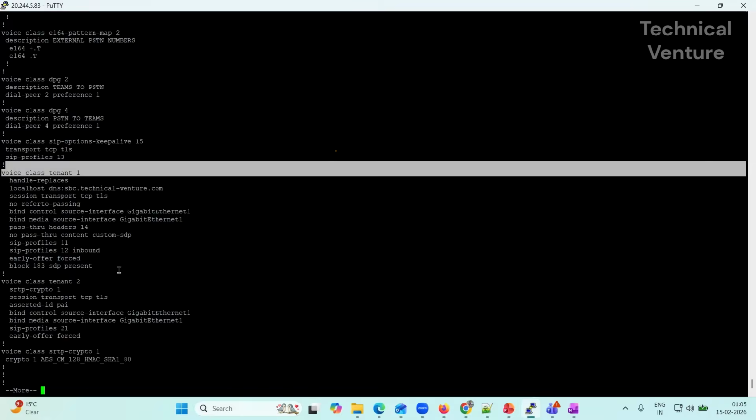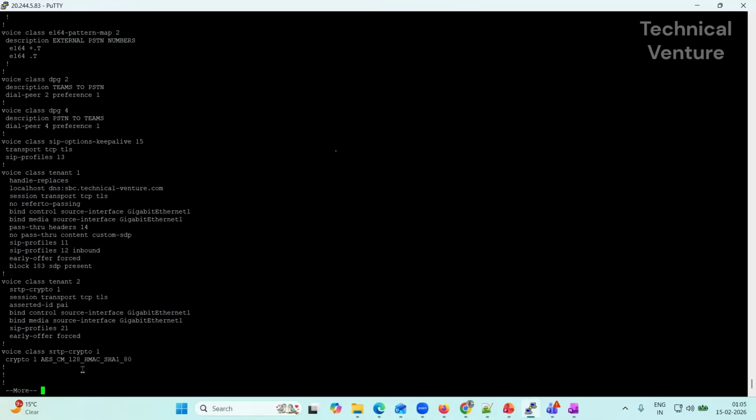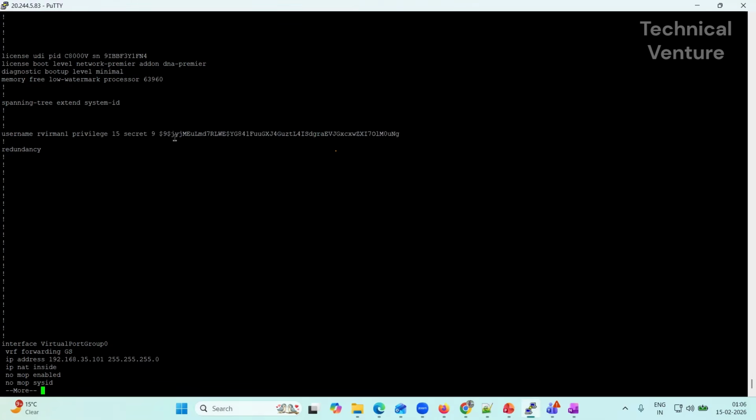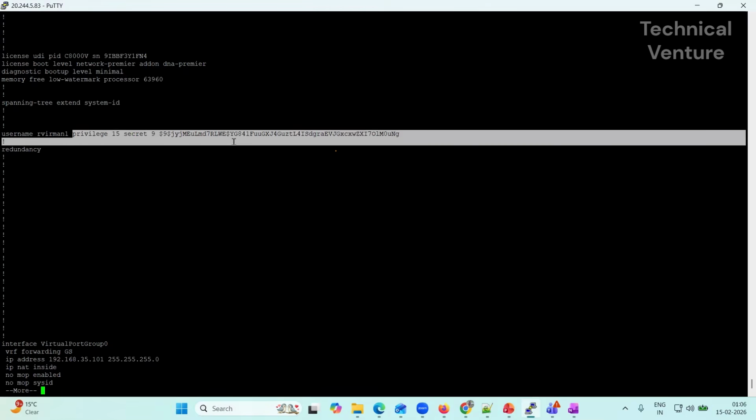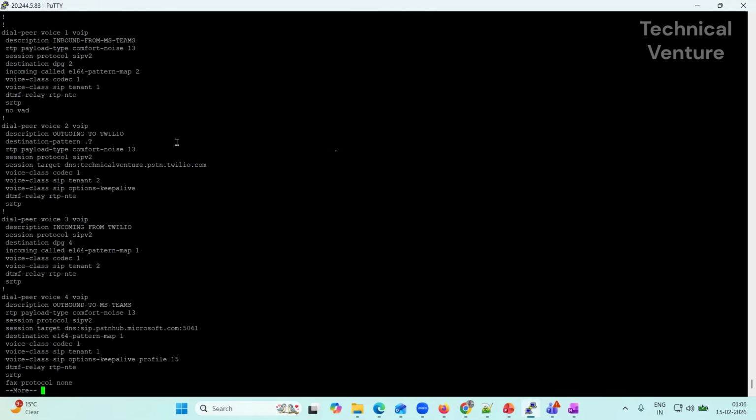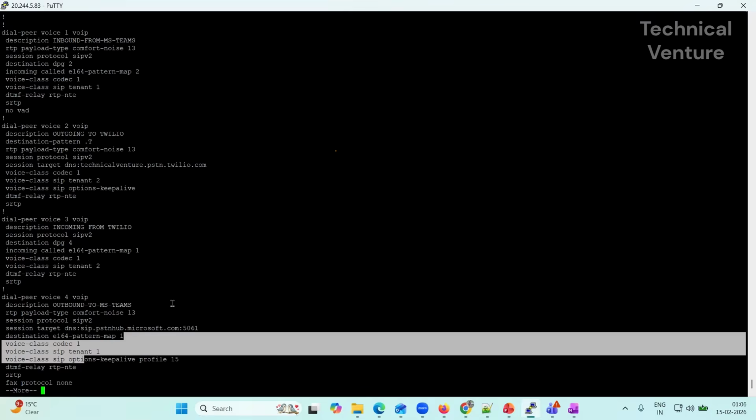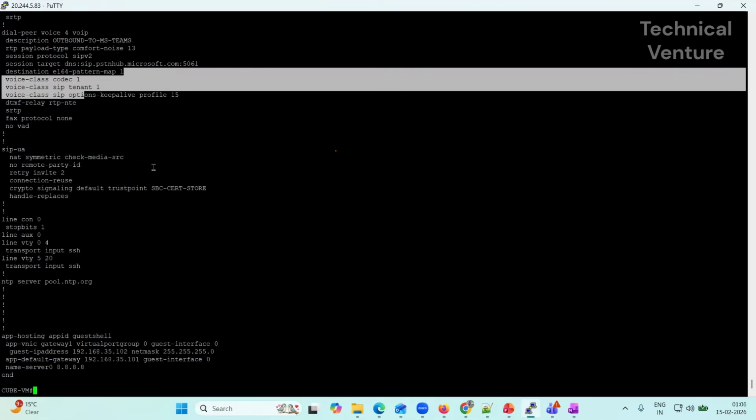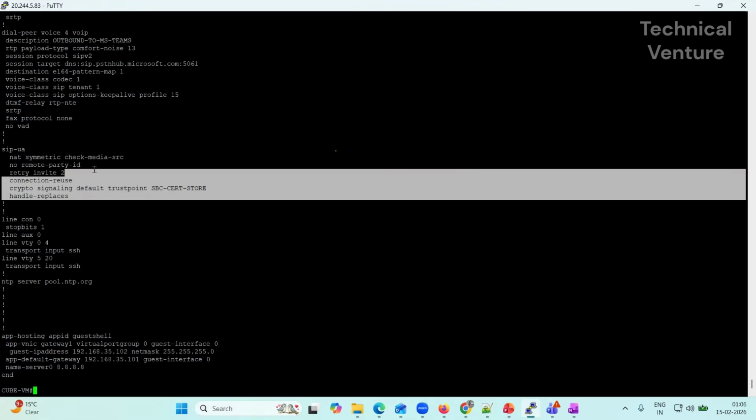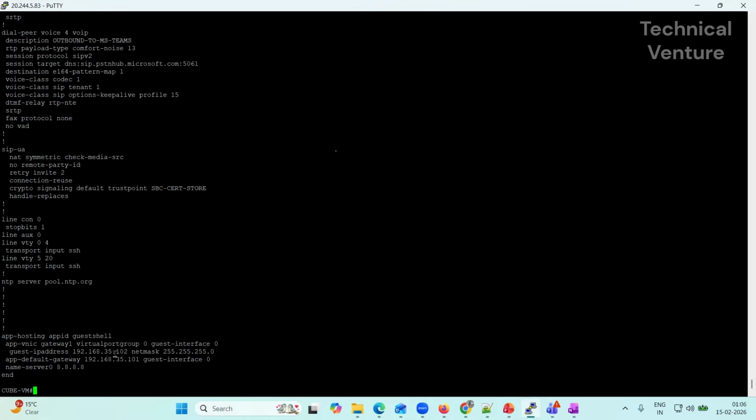Then we have voice class tenant 1 we created, voice class tenant 2, then the encryption algorithm we have. This is the username, but it won't show you the password because it is encrypted. And then I think that's it. That's what we actually have: the dial peers. As you can also see up here, dial-peer voice 1, voice 2, voice 3, voice 4, what we created here. Then we created this one as well: retry invite, how many retry invites, no remote-party-id, NTP server pool, name-server. Yep, that's all we created